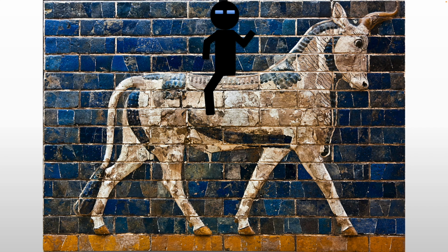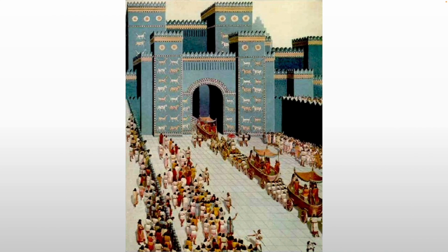And in this case, what we're seeing is strict profile. They're seen from the side and they're seen in strides. So they're seen as if they are parading or moving. This ritual march would have been reflective of how people would have processed. So there would have been processions on a regular basis, not just the royal family, but the entire city at